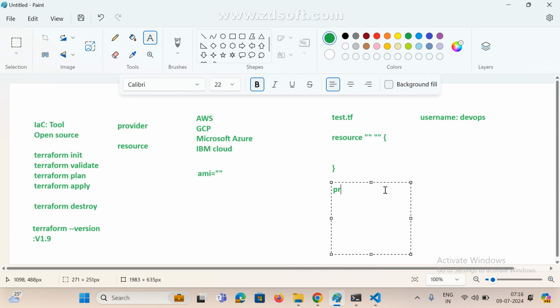So this is the tag provider and the provider name. What is my provider name? Which cloud you want to connect? AWS or GCP or Azure or IBM. So this is the provider name. So provider AWS is the name, and here we need to give